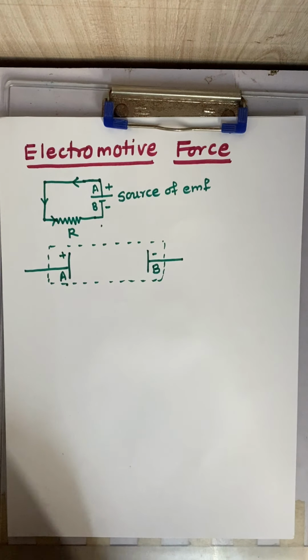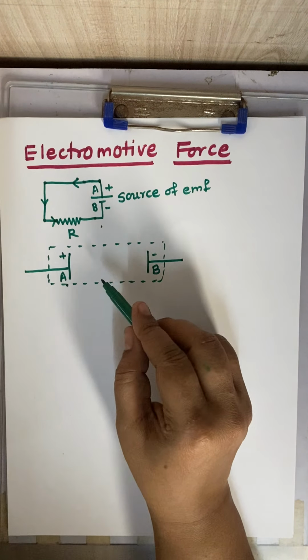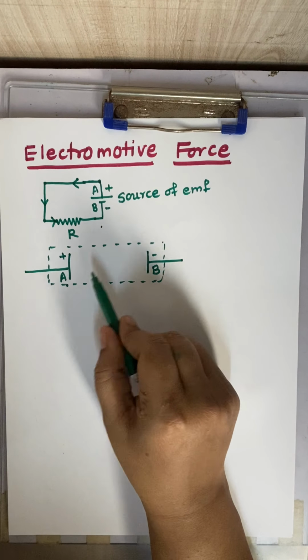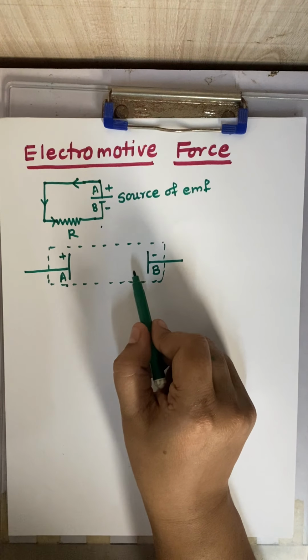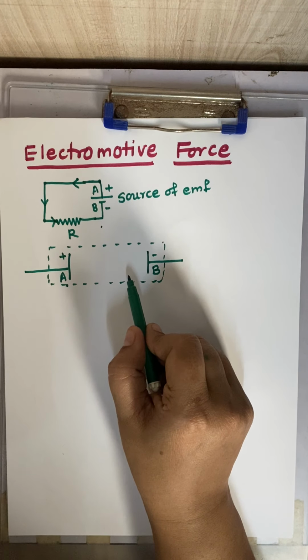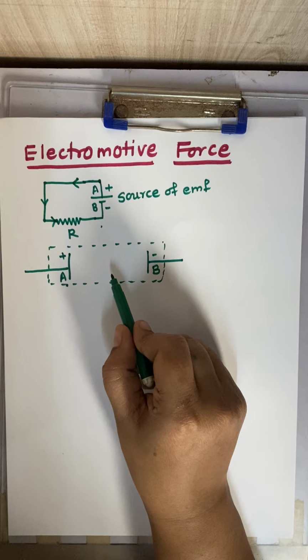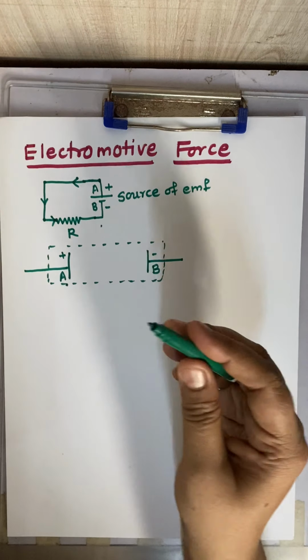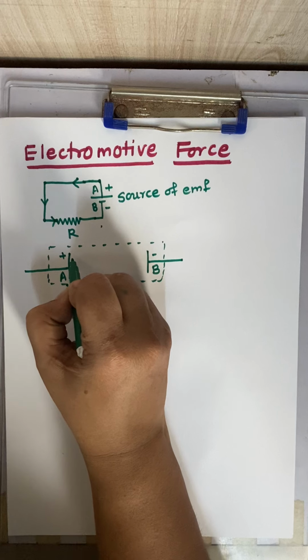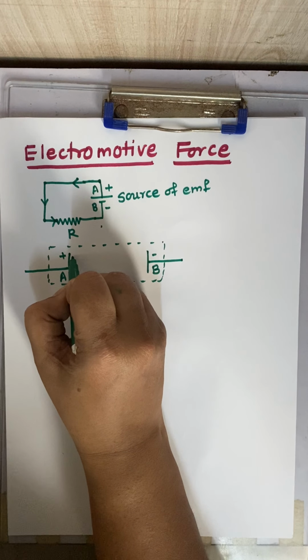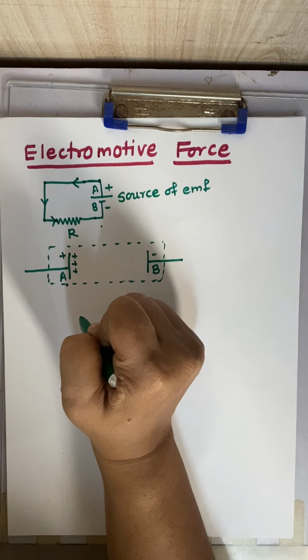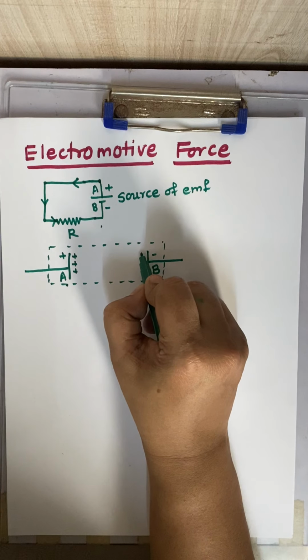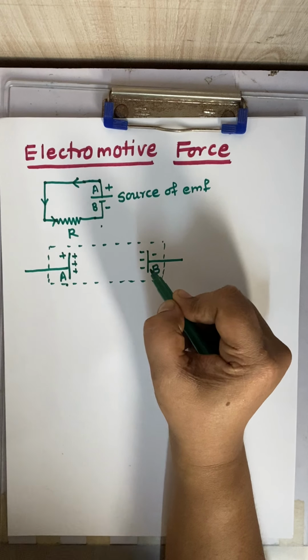Now what happens actually? Let us understand in a detailed way. In this diagram of a battery, or a cell, as it is an electrochemical cell, due to a certain chemical reaction, a force is exerted on the charges of the electrolyte. That means the force drives the positive charges towards the terminal A. So this particular electrode acquires a positive charge, and the negative charge is settled towards B.